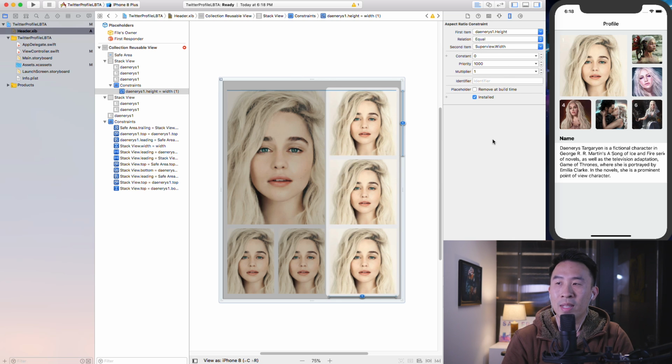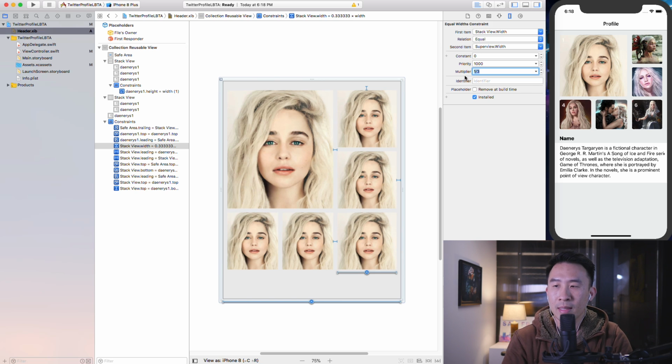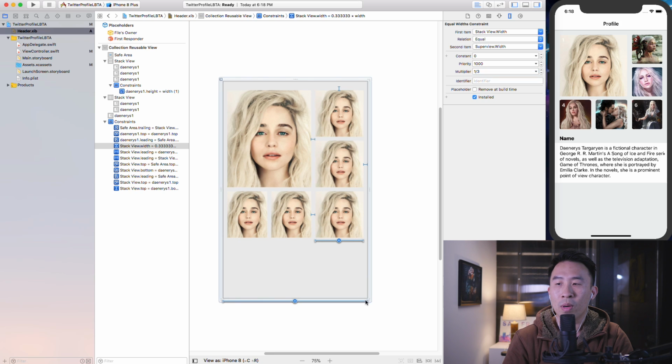So what you can do now is to make sure that this is actually the stack view, so that does not look correct. Let me see if I click on this stack view, double click on that, and now that is the correct constraint that I actually want to modify. So stack view's width is equal to the super view's width right now. And what I would like to do instead is to make the multiplier 1/3, so 1/3, and that'll modify it so that this entire stack view on the right side, the width of it is going to be 1/3 of